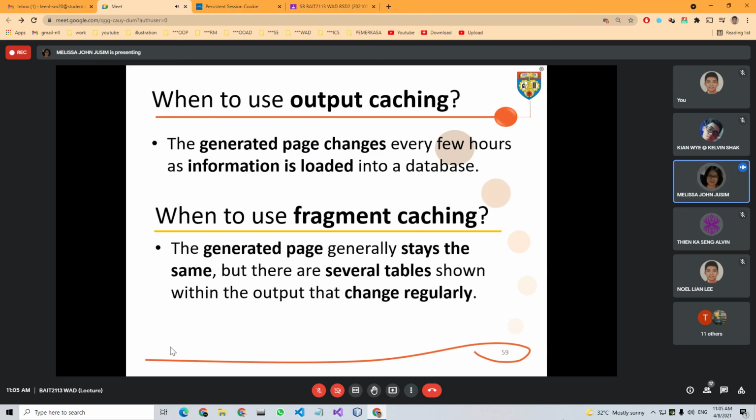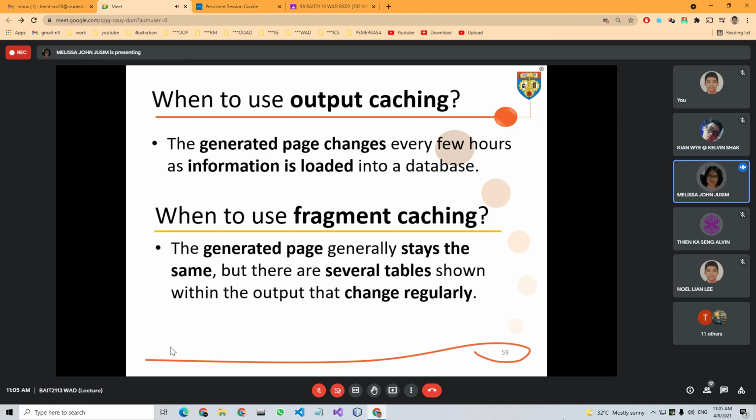Normally for the whole page cache, you will use this when the page changes, say, every few hours. Fragment caching means only partial page caching.